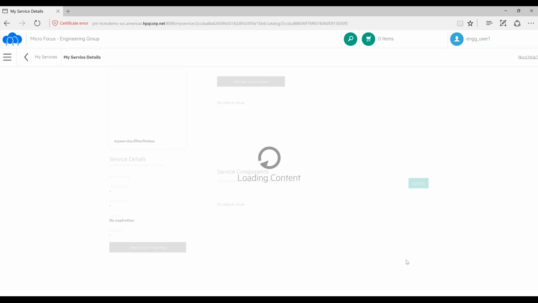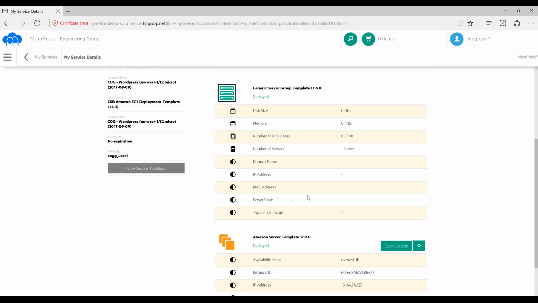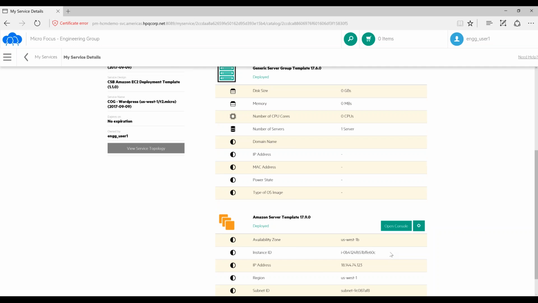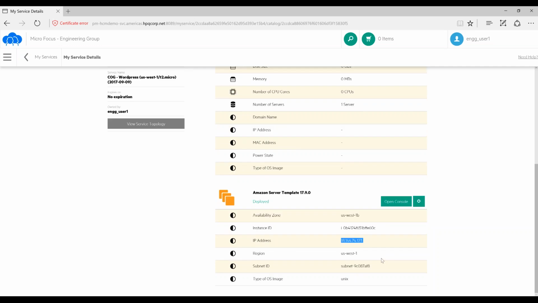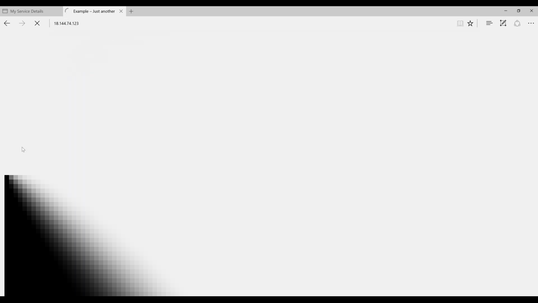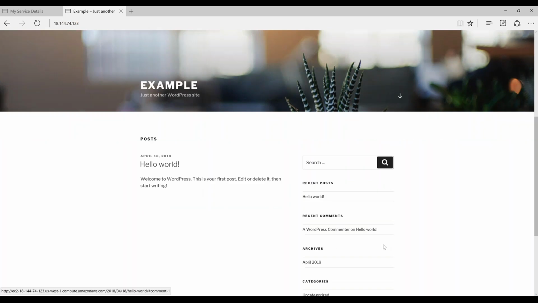If I click on the service link, it will go to the service detail. Now it's showing me it's online. If I want to access the console, I can click here and it takes me directly to that service console on AWS. And here's the IP address for that server that's running. If I click on it, here's the WordPress that's running on AWS, right? So I can use the default user ID and password to log in and start creating this website